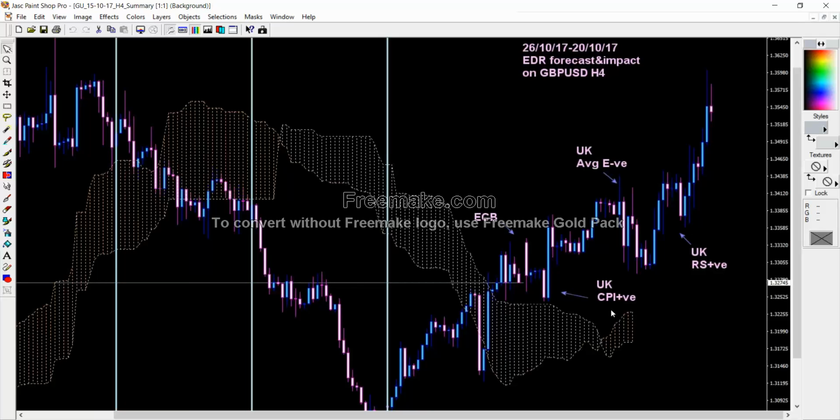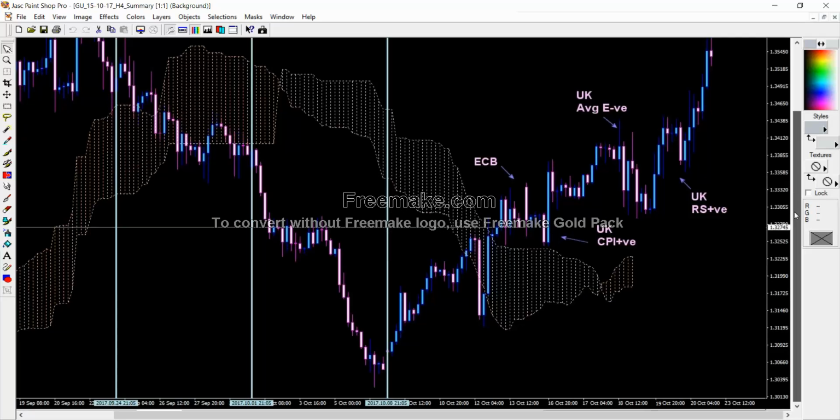We expect a positive number for CPI, we expect a negative number for average earnings, which causes a slight retracement, and then we expect the uptrend will continue with the catalyst of retail sales being positive. So this is a projection for GBP USD. You can see this is a projection from next week onwards, the 16th until the 20th, and this is what already happened until last Friday, and on Monday onwards we will be starting here just below the cloud, and